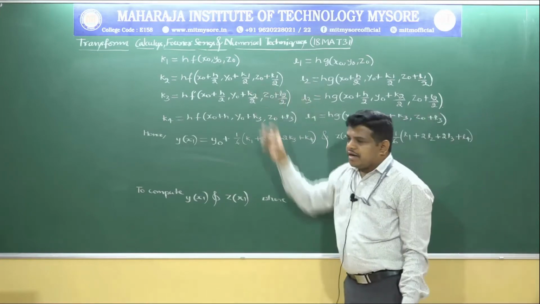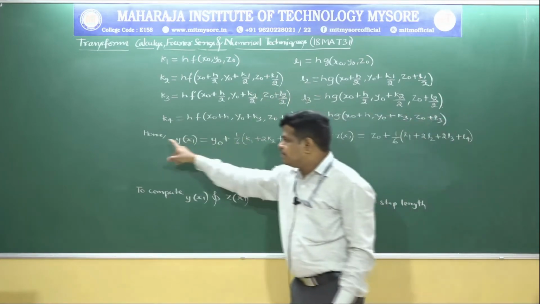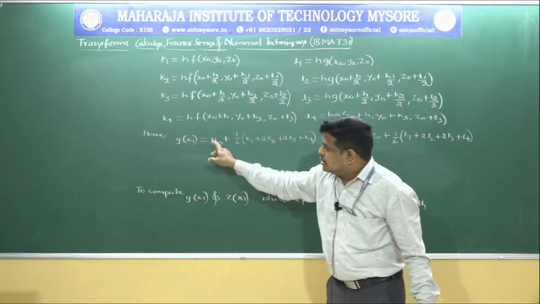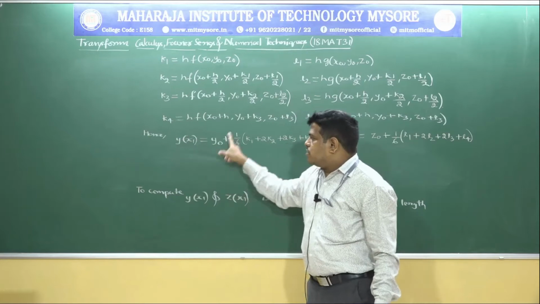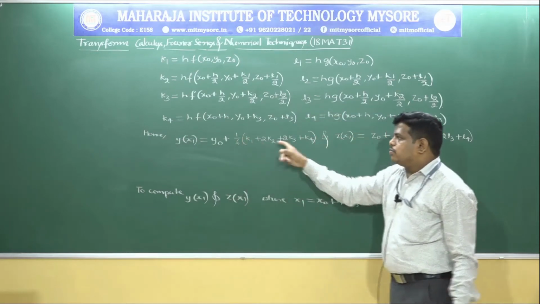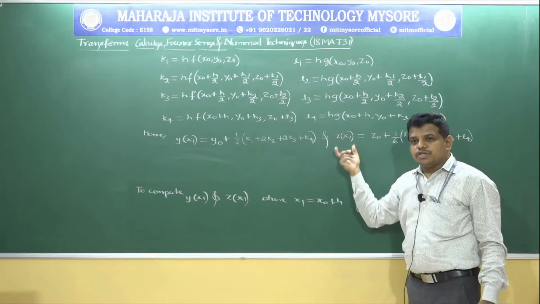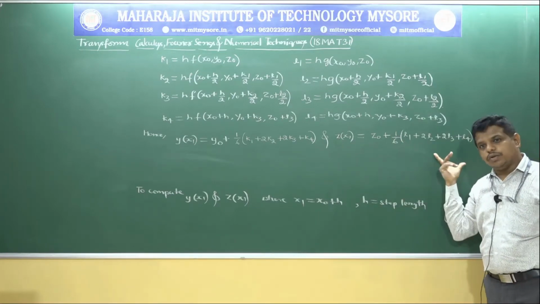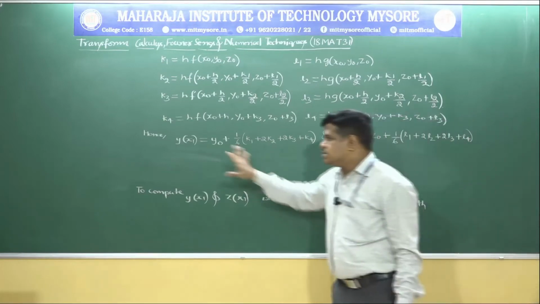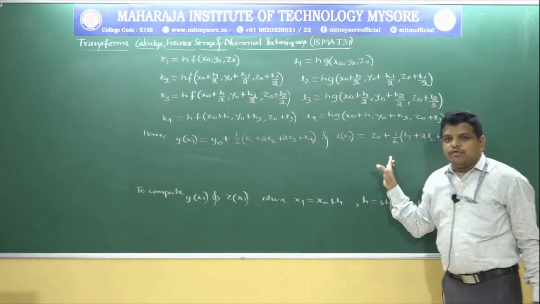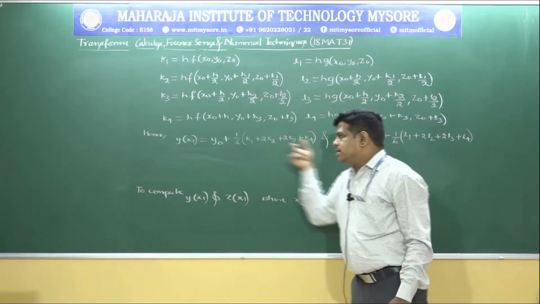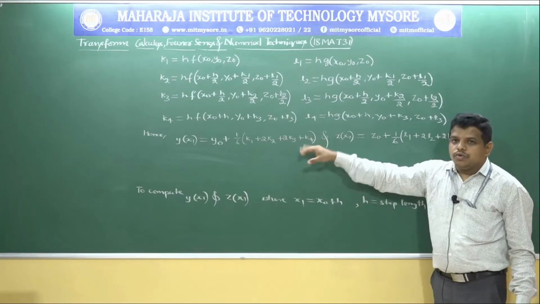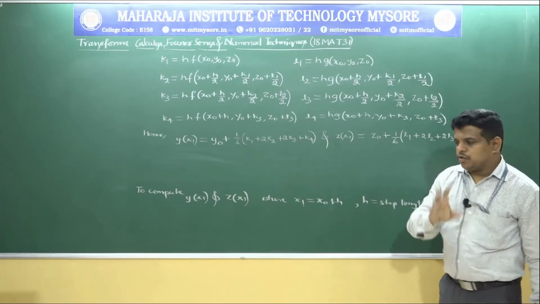Next, after finding all these parameters, we need to substitute them in the RK method of fourth order formula. Y of x1 equals y naught plus 1 by 6 times k1 plus 2 k2 plus 2 k3 plus k4, and z of x1 is given by z naught plus 1 by 6 times L1 plus 2 L2 plus 2 L3 plus L4. These are the formulas to find y of x1 and z of x1 using the Runge-Kutta method of fourth order. Next we shall go to the problems on the Runge-Kutta method of fourth order.